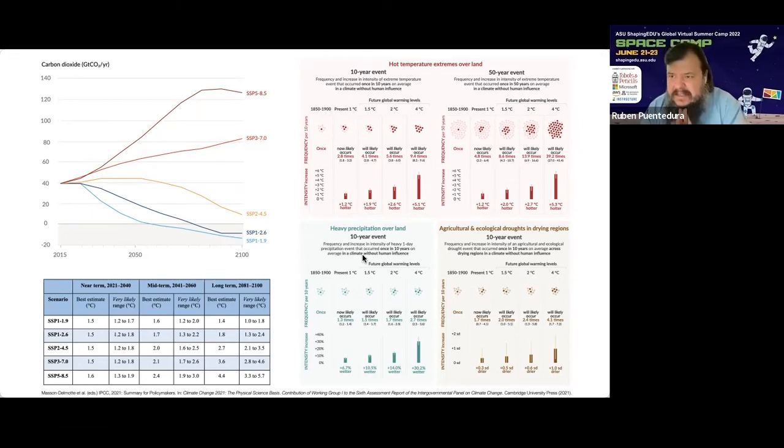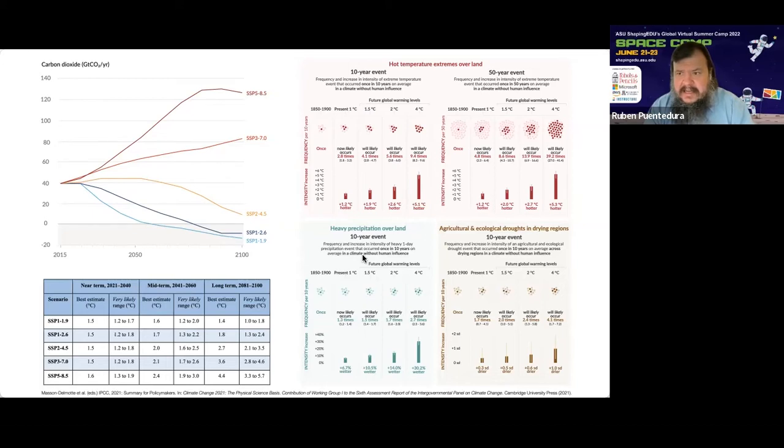We now have a pretty clear picture of what the temperatures are going to look like through the end of the century, based upon the decisions that we make about how many greenhouse gases we release into the atmosphere, with what composition, etc., how much is CO2, how much is methane, etc. And in this chart you're looking at right now, you can see 5 paths.